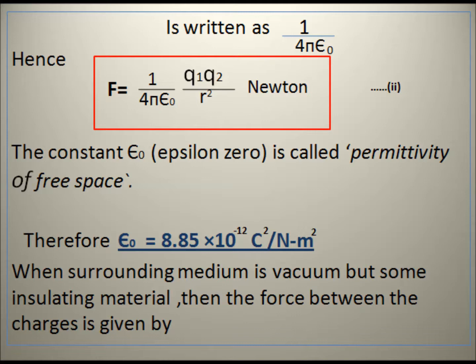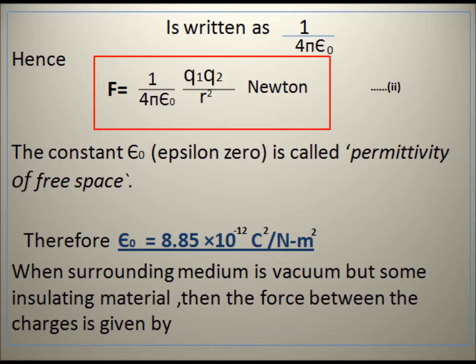You should remember one thing in physics: in each formula there are symbols, and each symbol has its own name, meaning and value. In the same way, in the formula F is equal to 1 upon 4 pi epsilon naught q1 q2 upon r squared newton, epsilon naught is a new symbol